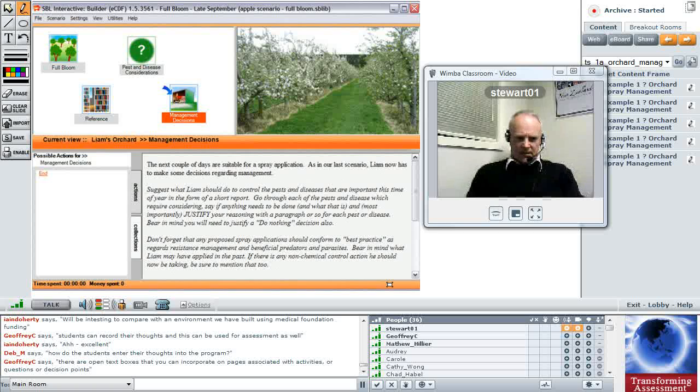Open textbooks. Yes, it's an open textbook exercise, so it's certainly not